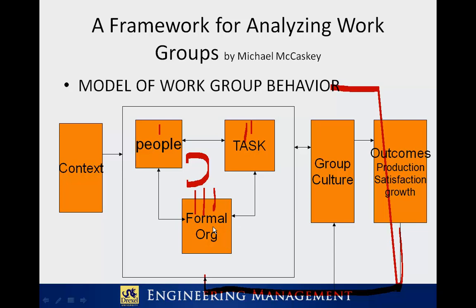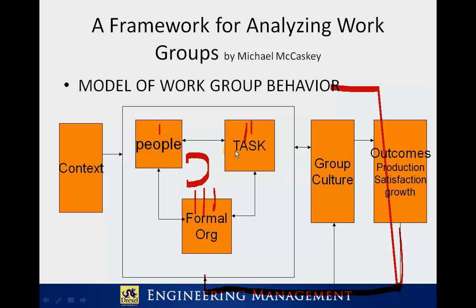So you pull on one of these levers, you change one of these things that are under your control, and then the changed group interacts, develops a modified culture, and comes up with different outcomes. Much more productive, this is again according to McCaskey, than just going in and demanding that the culture change. It may or may not, but if you understand that this culture came from an interaction of these three things, these three entities, the people, the task, and the formal organization, and you do have control over these as the manager,